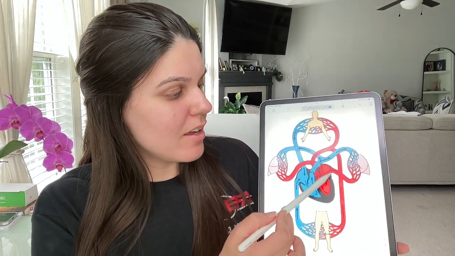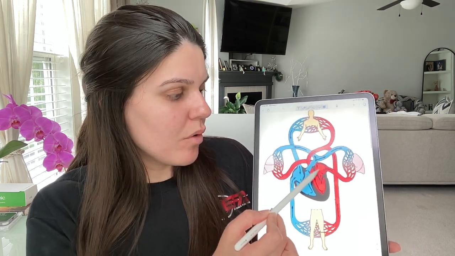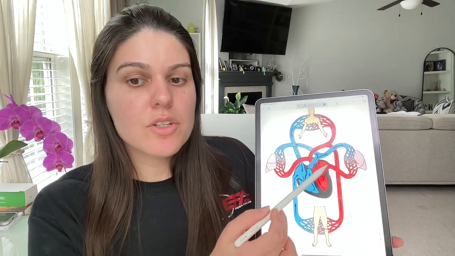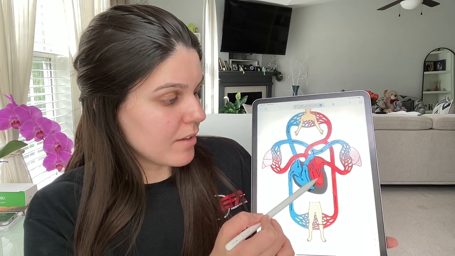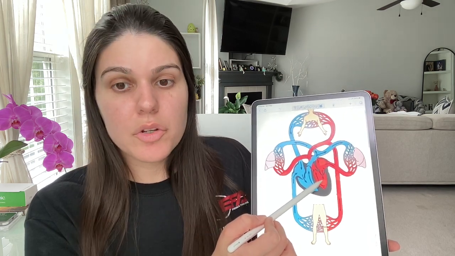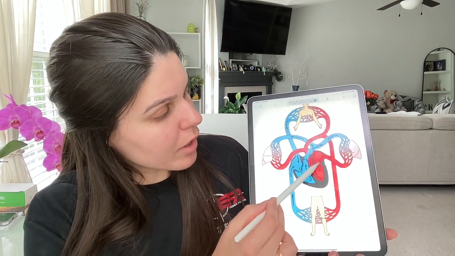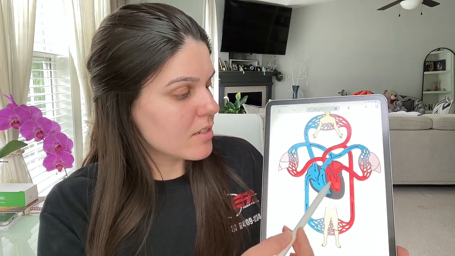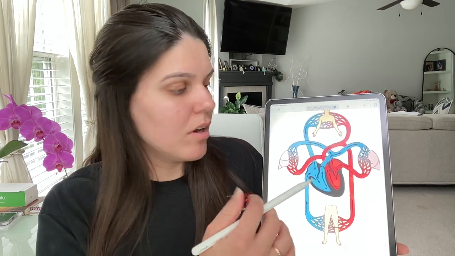Then once the oxygenated blood is in the heart, it will go into the left atrium. Once in the left atrium, the blood is going to go into the left ventricle, and in order to do that, it has to cross through the mitral valve right here. Okay, and then once enough blood is accumulated in the left ventricle,